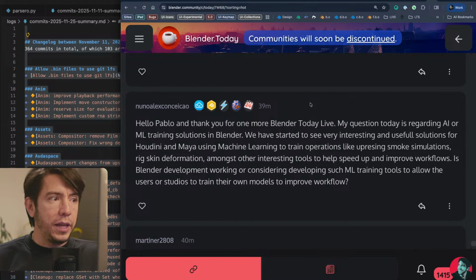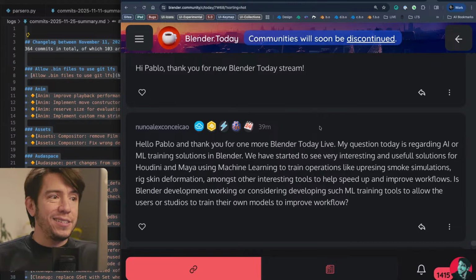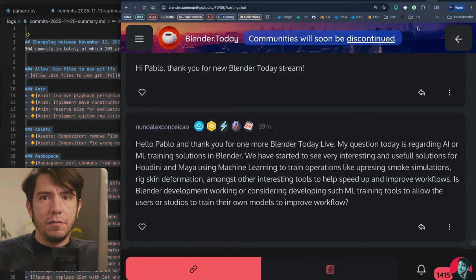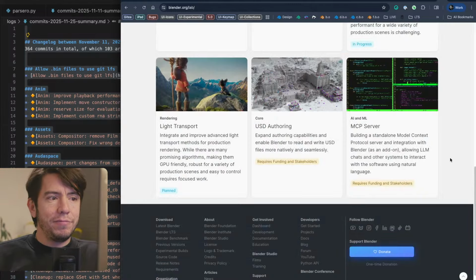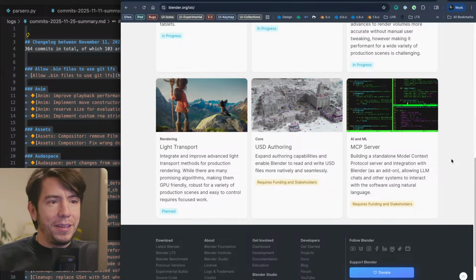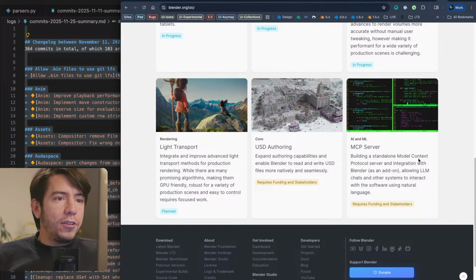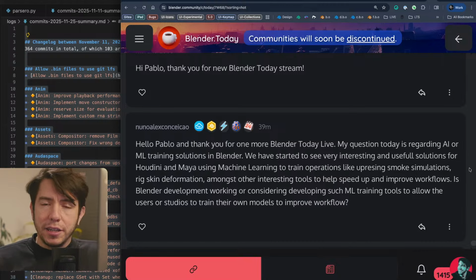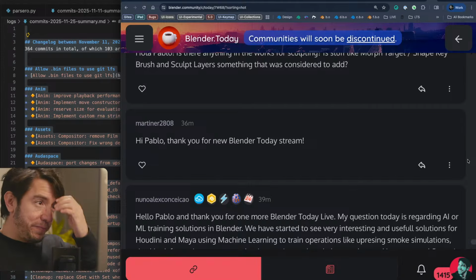It's something we would like to look into, but it is very up in the air. We don't even have anyone in the team so far that can or even likes to do these things. They're busy with other regular module work. So if you know anyone, send them the Blender way, but this requires funding, or stakeholders. So someone that actually says, hey, I need it for this project and I'm gonna follow this project and make sure that it happens.